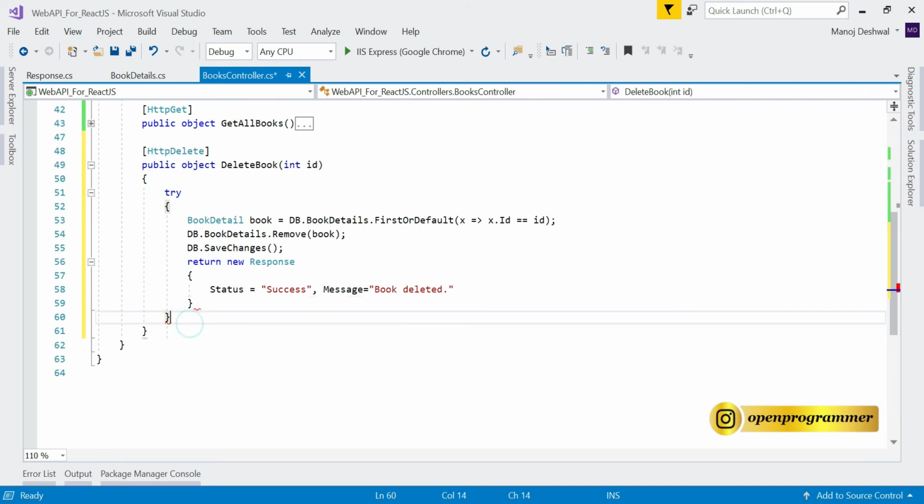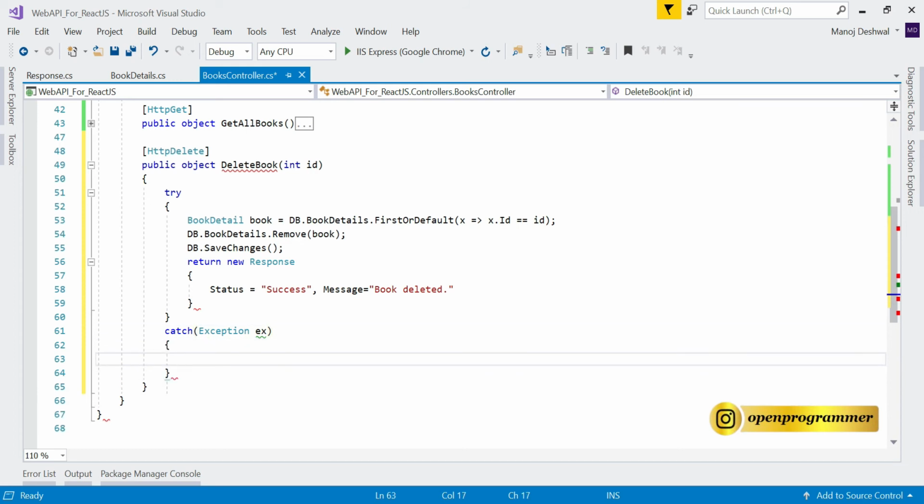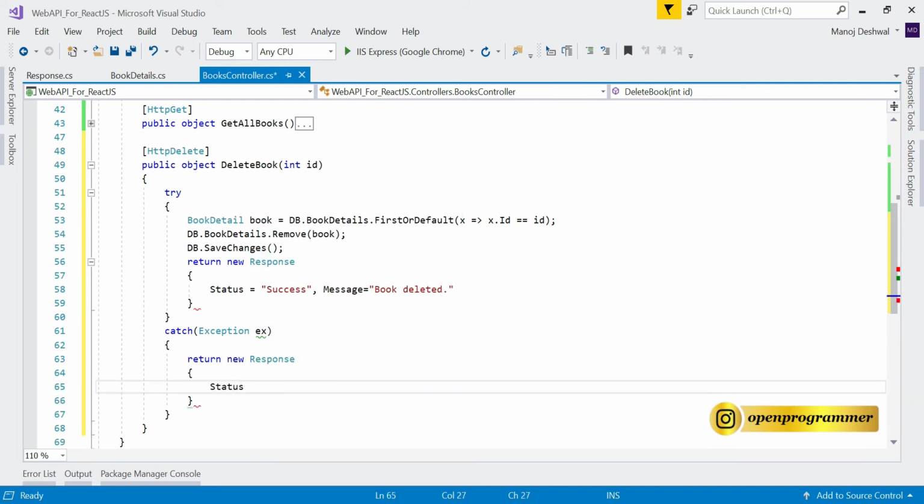And if this operation fails or some error occurs, then it will land in the catch block, and here we will return again a new object of the response class stating status equal to failed, and message should be ex dot message.